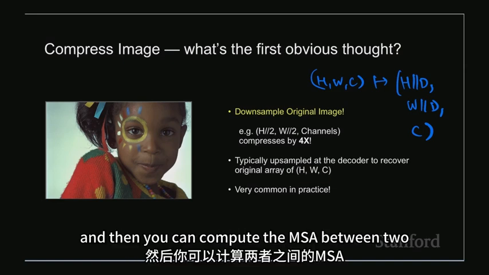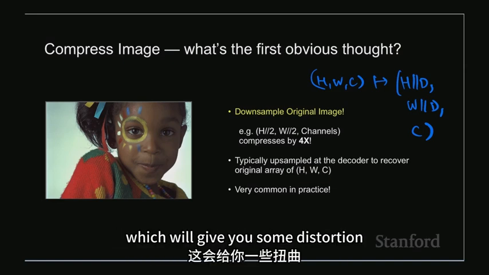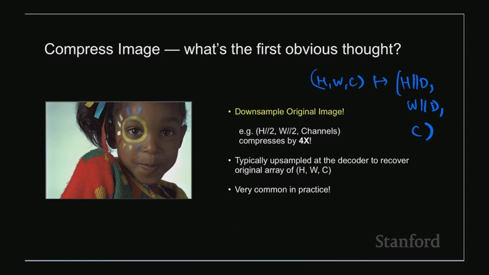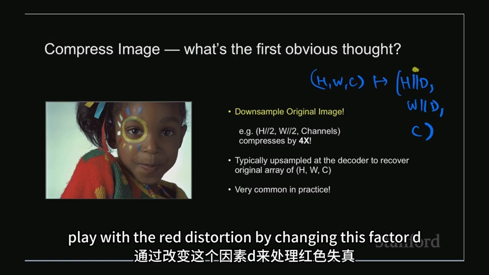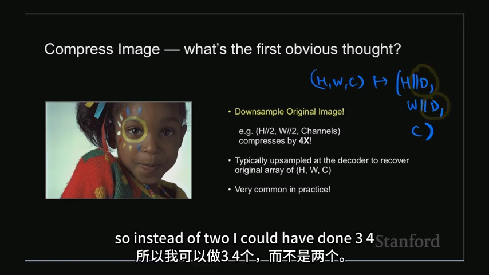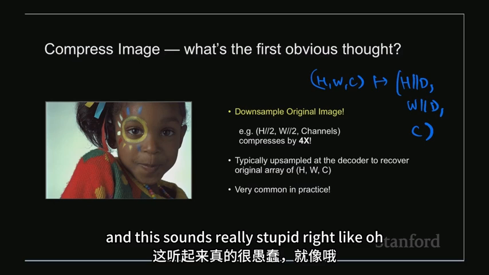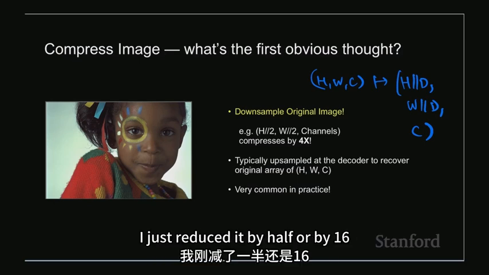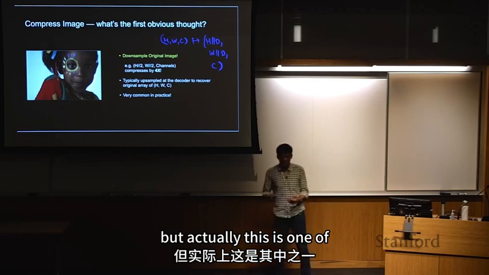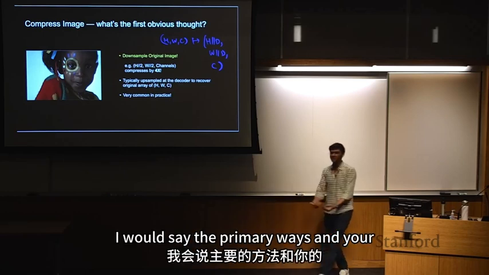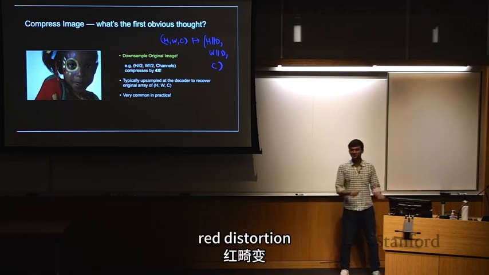And then you can compute the MSE between the two, which will give you some distortion, right? And then you can obviously play with the rate distortion by changing this factor D. So instead of 2, I could have done 3, 4, 8, 16. Nobody's really stopping me. And this sounds really stupid, right? Like, oh, I just reduced it by half or by 16. But actually this is one of, I would say, the primary ways in which your rate distortion curves are even made